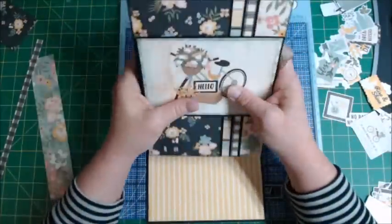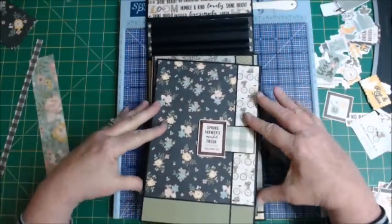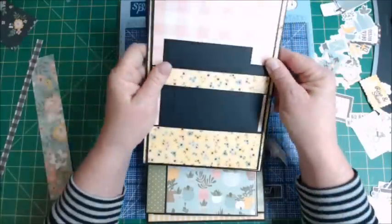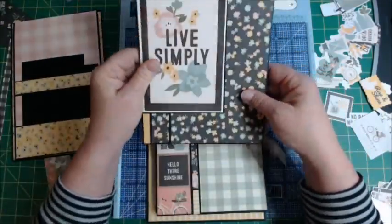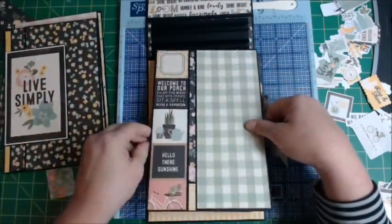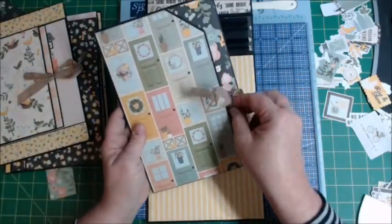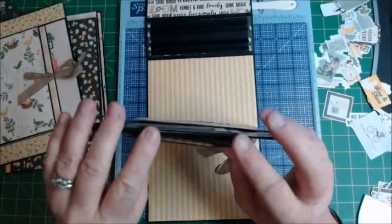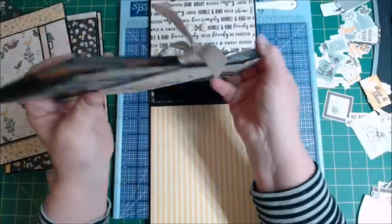Pages. Let's grab our pages. Let's make sure that they are in order. Page number 1, page number 2, page number 3, and page number 4. So before we put these in, and these might be a little different than what you're used to,